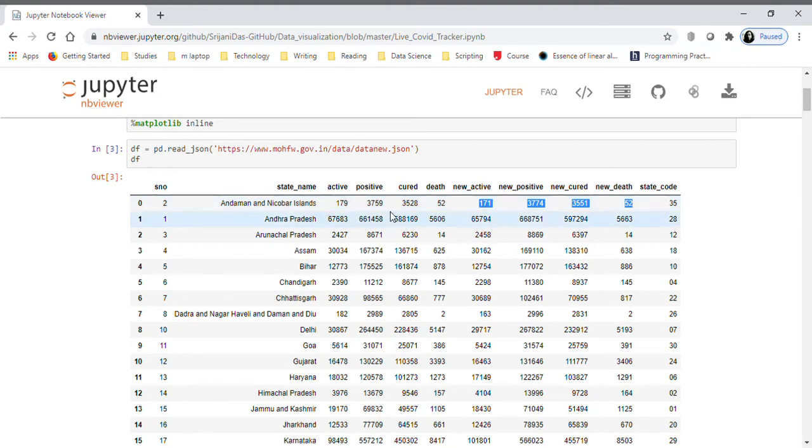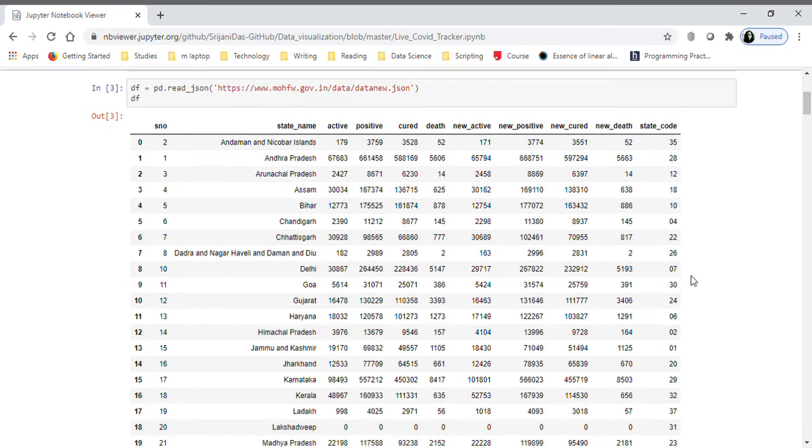So if you subtract this active from the new active, you will get how much it increased in a single day, just today or yesterday, because today it can't give the data. It reports every 24 hours, so you can get the latest data by yesterday. So we can think of this as: up to the day before yesterday, this was the total count, total positive, total cured, total death, and yesterday, this was the count. So there is a difference.